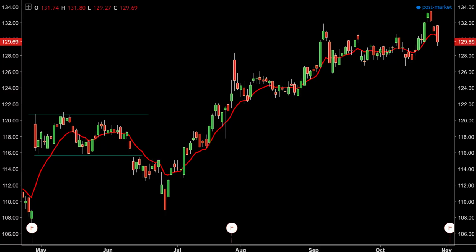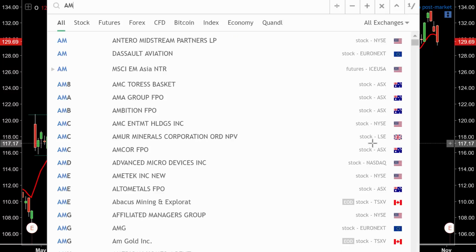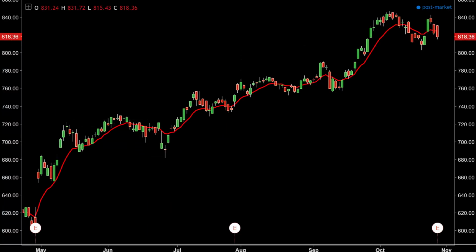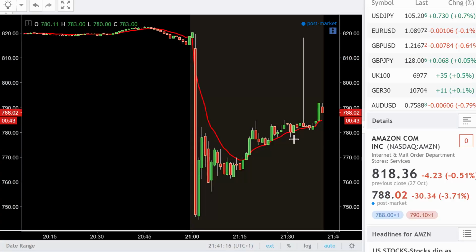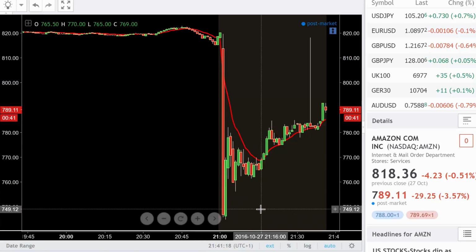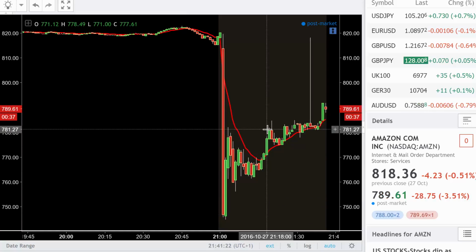Yes, you have a bias and a thesis, but then you start to see how price responds to that thesis. So the first step is, what is your line in the sand? Where is your line in the sand? And let's use Amazon today. Everyone was expecting Amazon to blow out, and it happens to be down. It's actually lifted up a little bit now. Again, this is what it's all about, price response. But it was down at 750, and it shocked everybody because it missed earnings. Just yesterday in the video, I said everyone expected it to blow out, but it didn't happen.